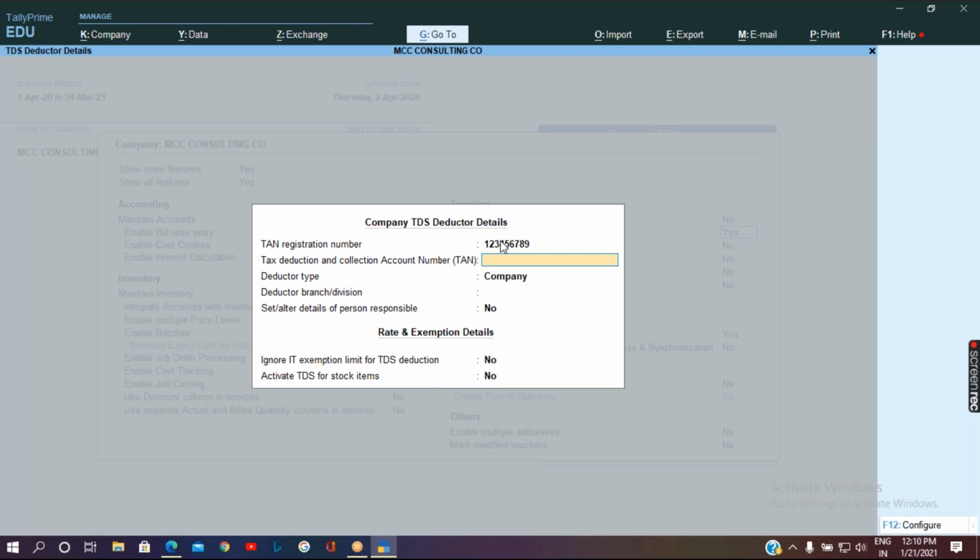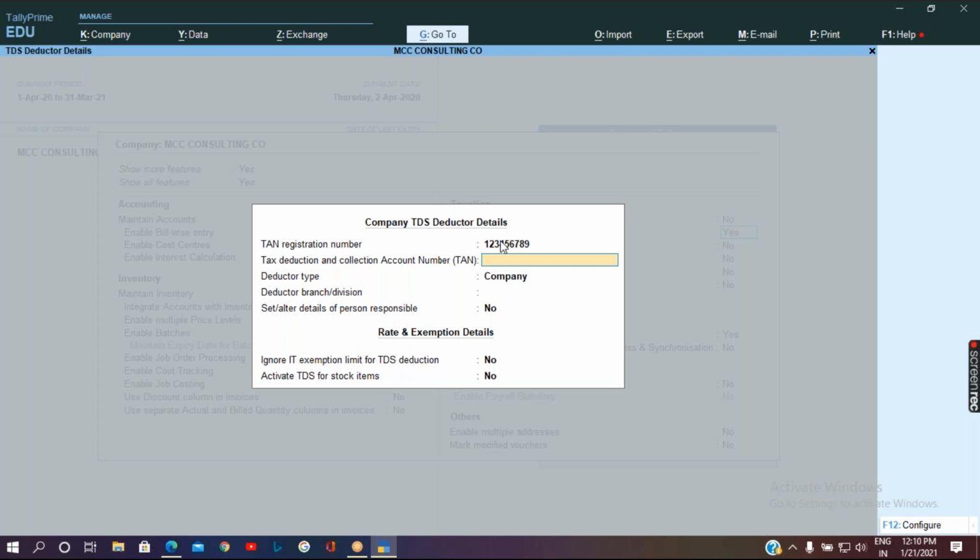The government department will come to know how much you deducted and how much you collected from the other person. The TAN number has a relevant format.